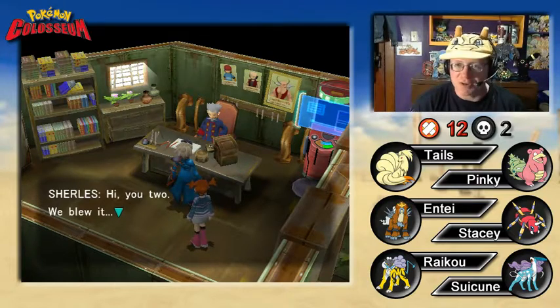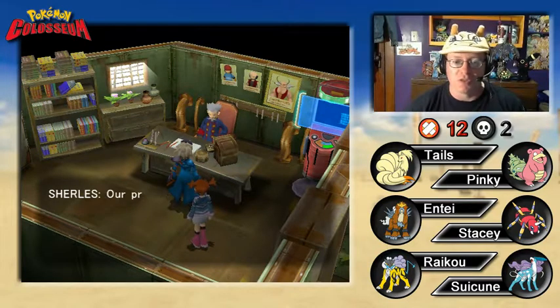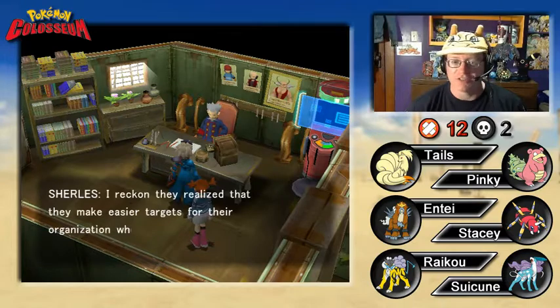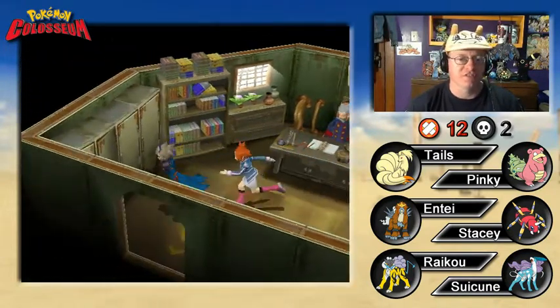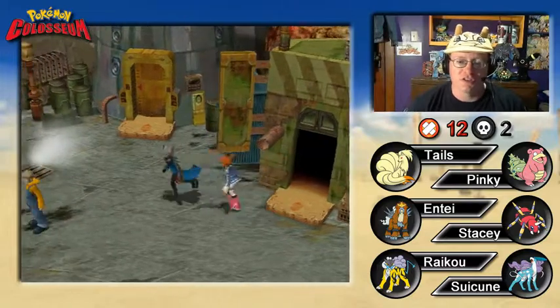That was an interesting experience. Anyway, or French Stewart for the sequel. Hi, you two. We blew it. Our prisoners broke out. Every last one of them. I reckon they realize that they make easier targets for their organization when they're caged. Ooh, that sounds kind of really not good. Make it sound like the thugs are going to come after the thugs. Anyway, let's go over here to...